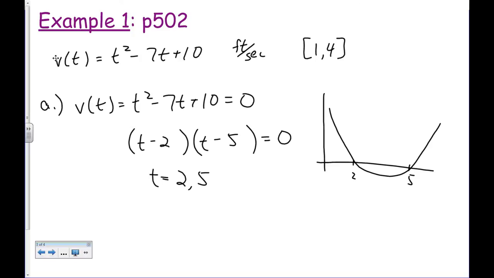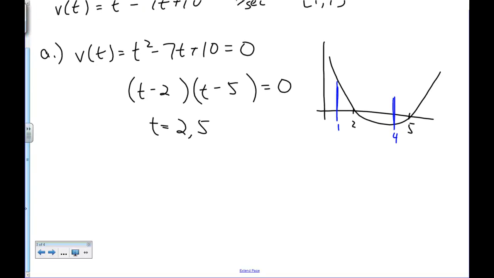However, remember, they only want us to consider the interval from, let's say this is 1 to about right here would be 4. So I only have to worry about this interval from 1 to 4. So that means that the velocity function starts out positive from 1 to 2, and then it's negative from 2 to 4. So let's go ahead and write that down,